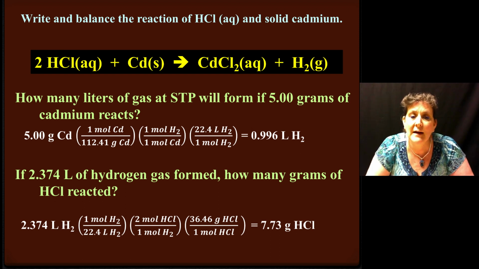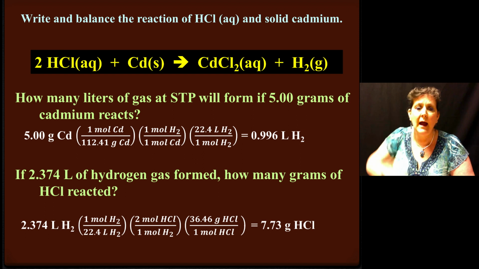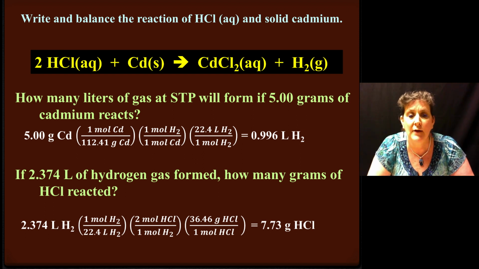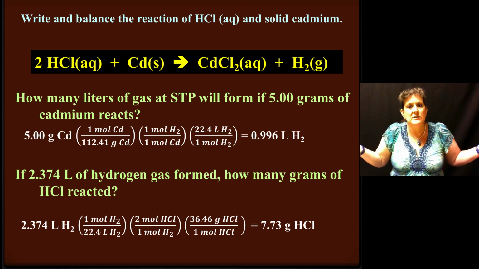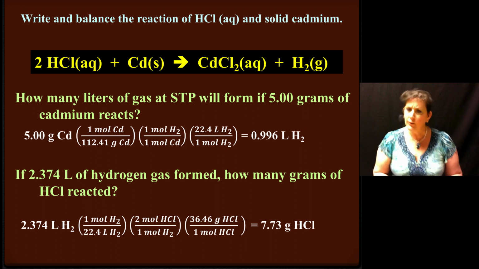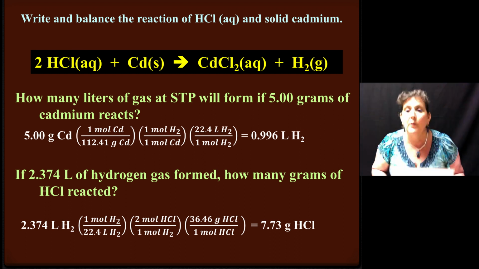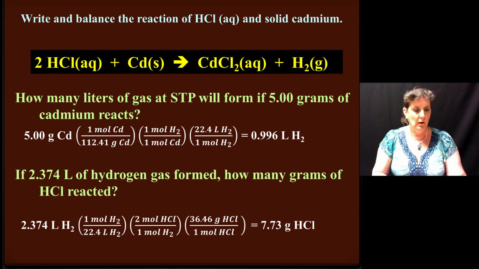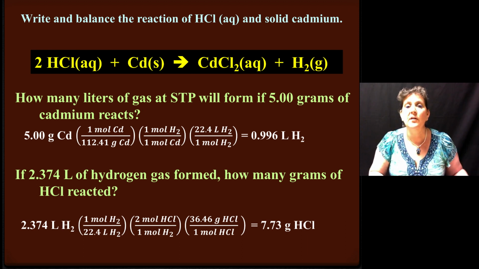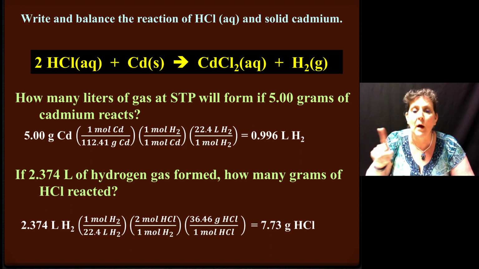So on top, we're finding out about HCl. There are 2 HCl's in the reaction, so 2 moles of HCl on top over 1 mole of hydrogen gas. There's only 1 H2 in this reaction. 1 mole of hydrogen gas. Moles of hydrogen gas cancel out. Now we've got moles of HCl, but it didn't ask for moles of HCl, it asked for grams. How do you go between grams and moles? Yeah, periodic table. So we got to add up an H and a Cl. So 1.01 plus 35.45. It's 36.46 grams of HCl in that 1 mole of HCl.